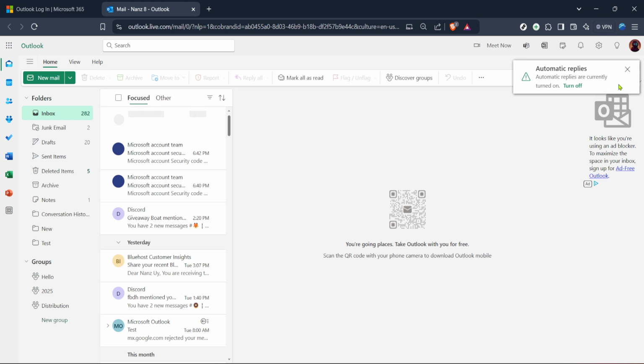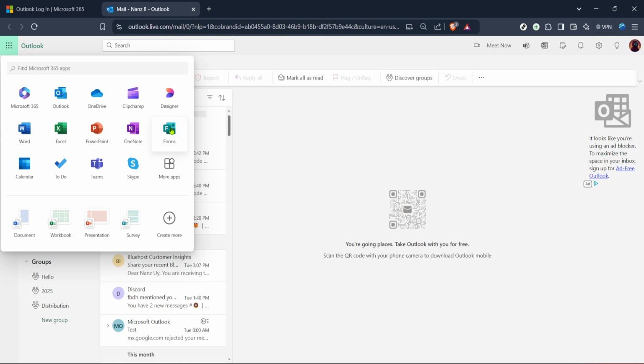Take a look at the top left corner of the screen. You'll see what's known as the waffle icon or apps launcher. It looks like a square formed with small dots. Clicking on this icon gives you quick access to all the Microsoft 365 applications that are associated with your account. It's a handy way to switch between different services like Word, Excel, and Teams without having to log in multiple